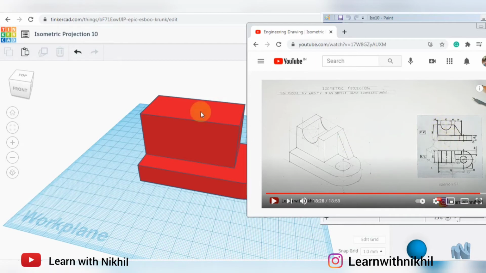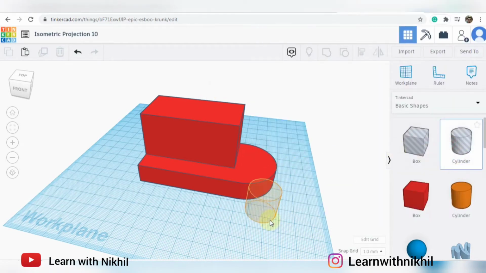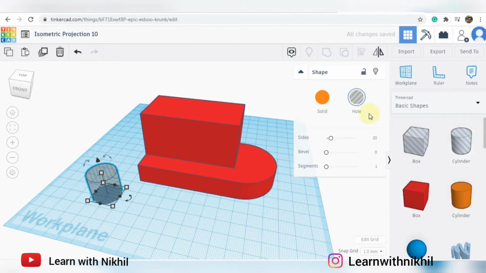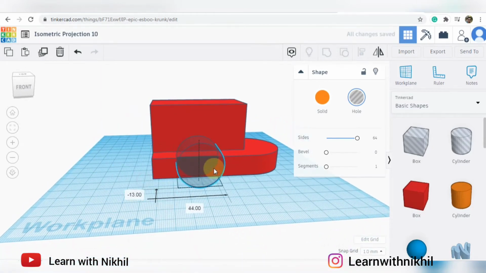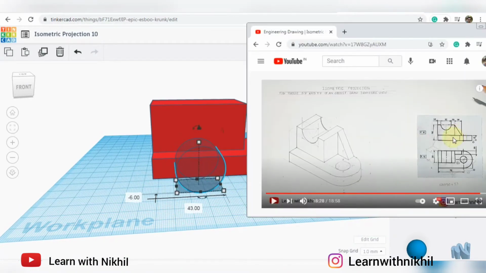So we'll take a circle or a cylinder with diameter as 30, make its sides maximum so it will be a smooth curve, rotating this 90 degree, now changing its diameter to 30. Now we got a circle of diameter 30, we'll place it on top. We'll move this upward to a height of 50.